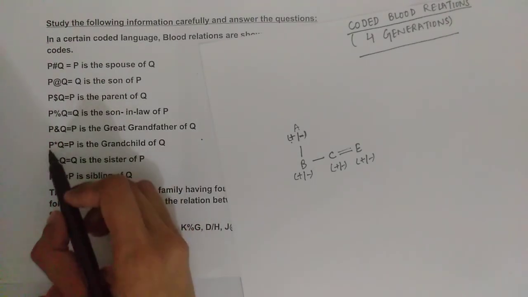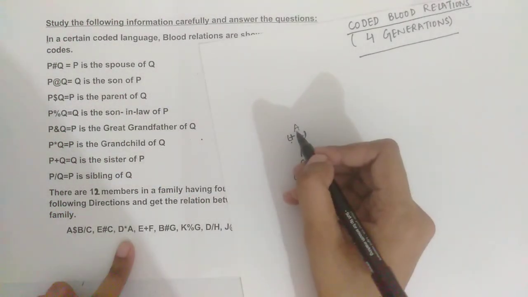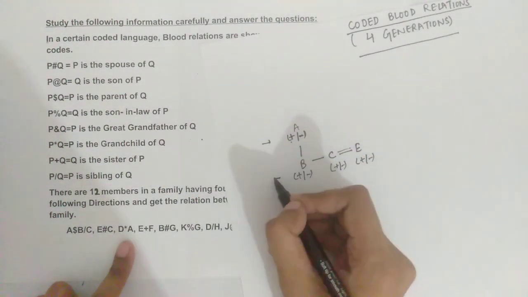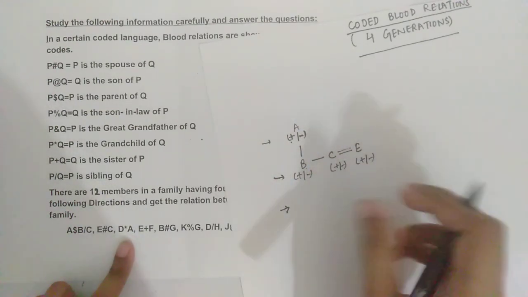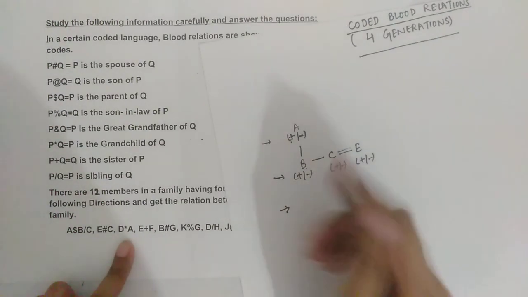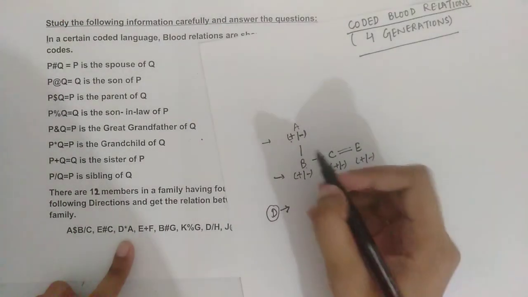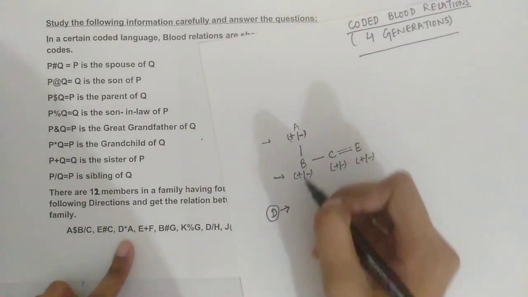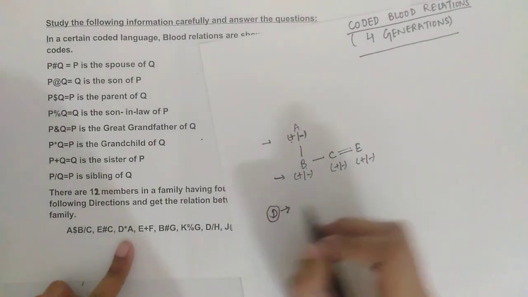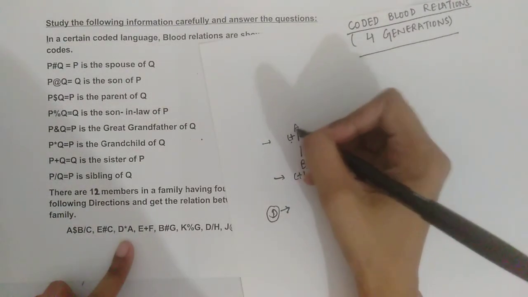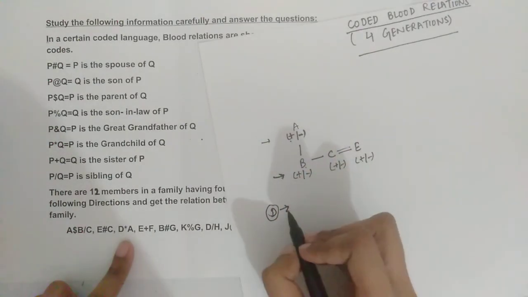D*A. D is the grandchild of A. Here it is A. Here in this generation there will be A's child, and in the next generation there will be somewhere A's grandchild. Fine. So D will belong to this generation. We can't place it exactly because we don't know whether D is the child of this pair or of that pair. But we know that D belongs to this generation because D is the grandchild of A. So this generation will belong to A's child and this generation will belong to A's grandchild.